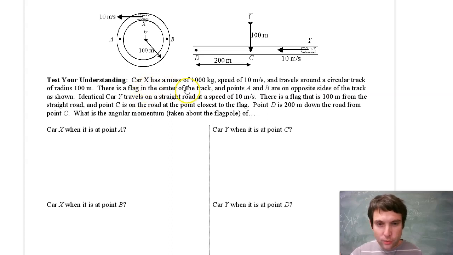We have car X with a mass of 1,000 kilograms and a speed of 10 meters per second traveling around a circular track with a radius of 100 meters. That's happening on the left. There's a flag in the center of the track, and points A and B are on opposite sides of the